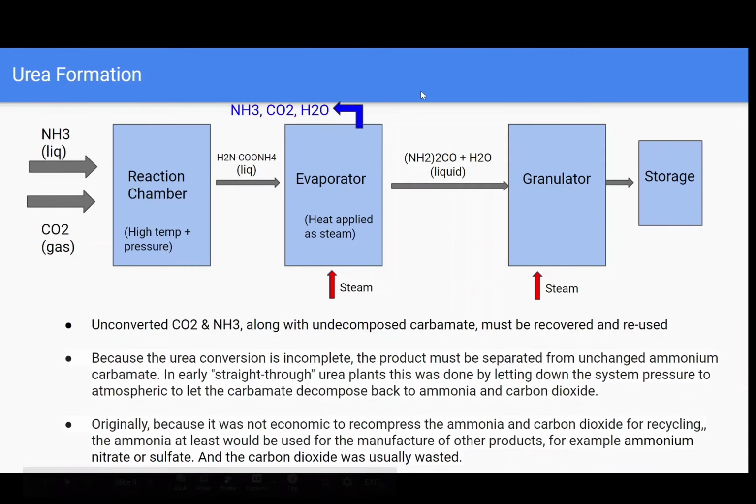So let's go through the flow of the process. We're taking ammonia in liquid form and carbon dioxide in gaseous form and moving it to a reaction chamber under high temperature and high pressure. So this is basically the first equilibrium reaction, and we're obtaining ammonium carbamate in liquid form. Then we move this ammonium carbamate in liquid form into an evaporator, and we apply heat in the form of steam. So this causes the formation of urea and water in liquid form, and we also have some byproducts or